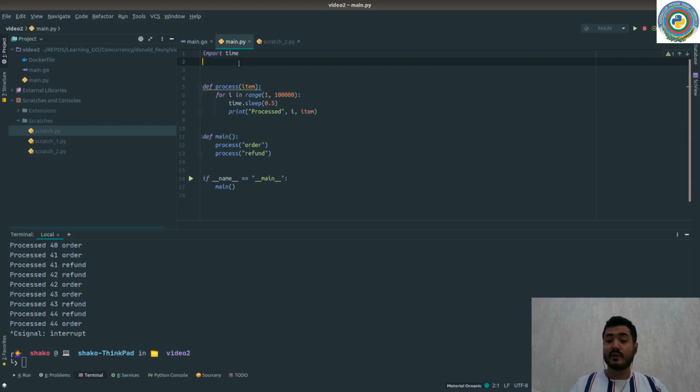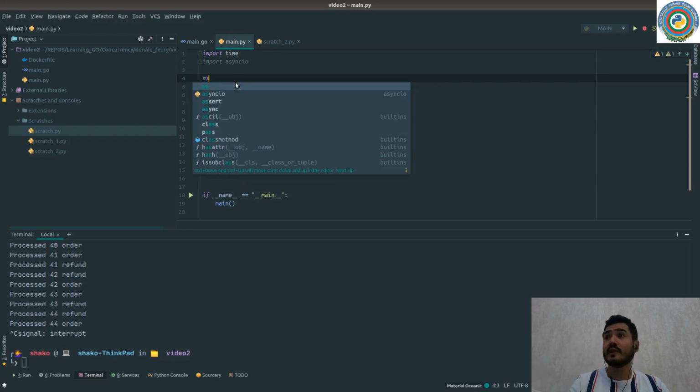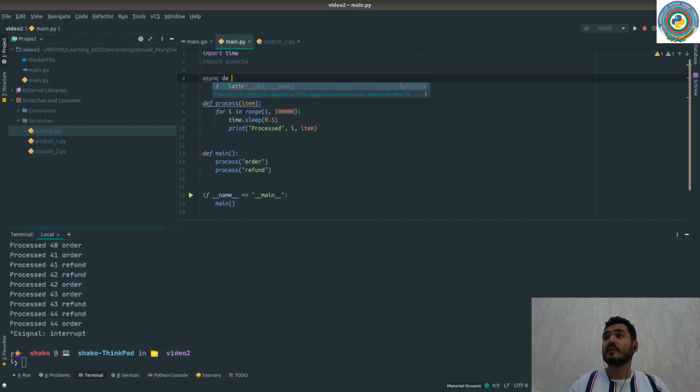That's why we first import asyncio and define this async generator. So async def async generator, it's my async generator,